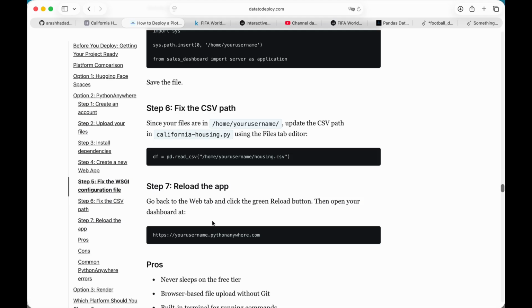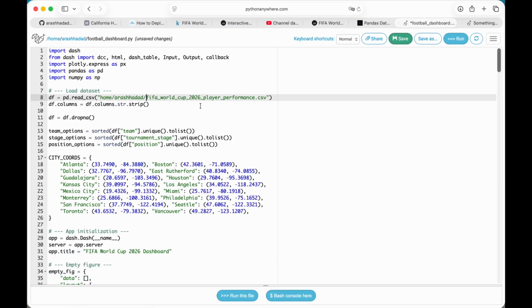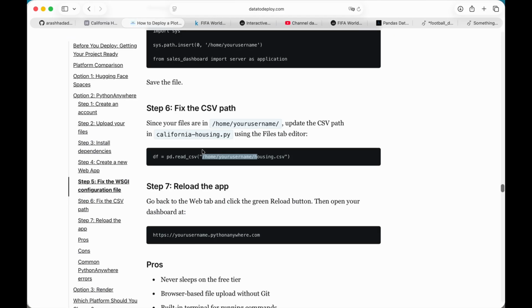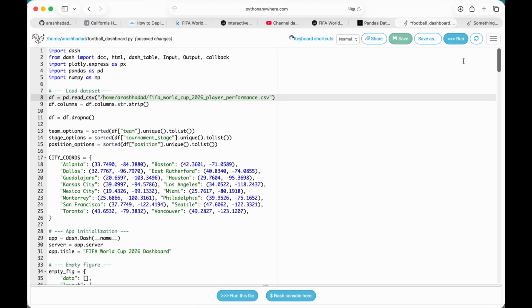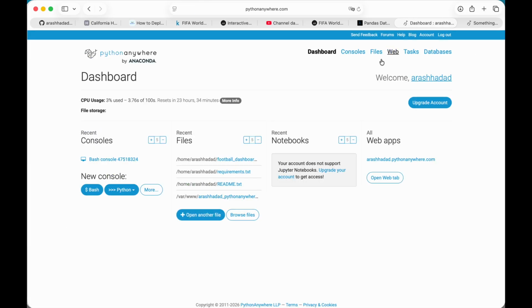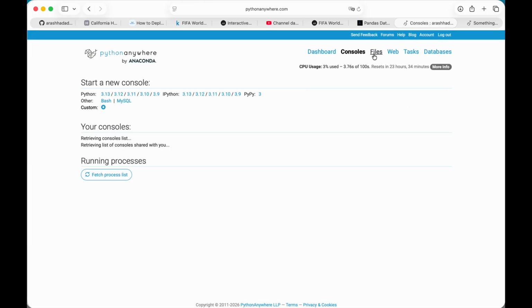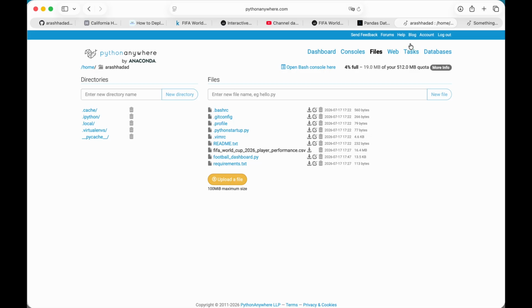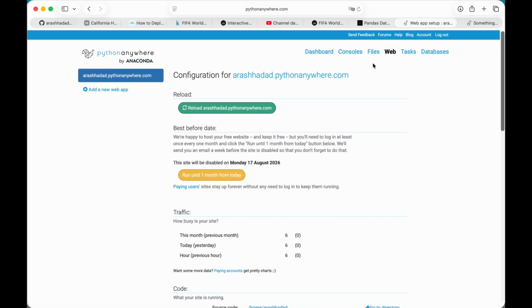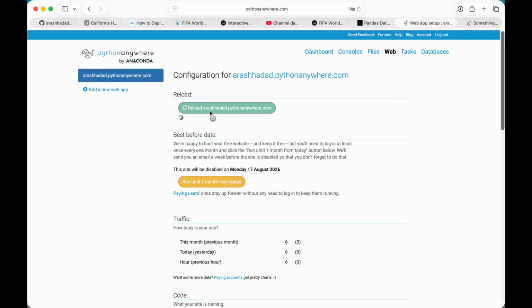Here I explain it to you. We need to add /home/username/ and the dataset. Here we need to add / before home and save this file. And after that, everything is done, and we just need to reload our URL, our application. Let me find the tab here. On the web tab, we need to click on reload, and after that